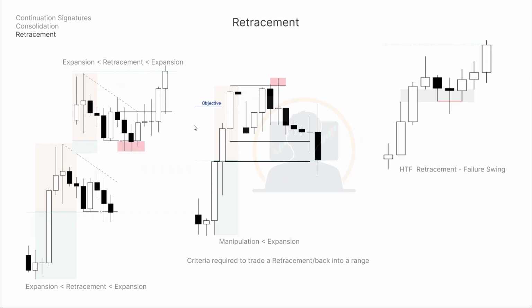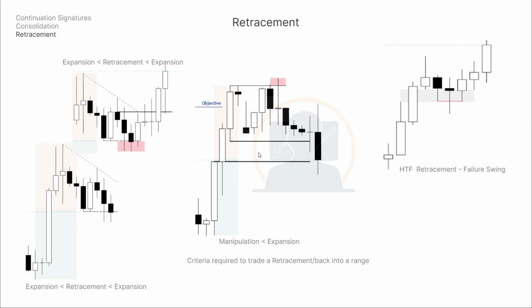Now, how can we trade from external range back into internal range liquidity? Or how can we trade the retracement back inside the range? We need to seek manipulation. We need to wait for price to manipulate the recent swing high that it formed and close below the series of up close candles that formed the manipulation leg. Once this happens, you can trust to enter a trade, placing your stop loss above the recent swing high,